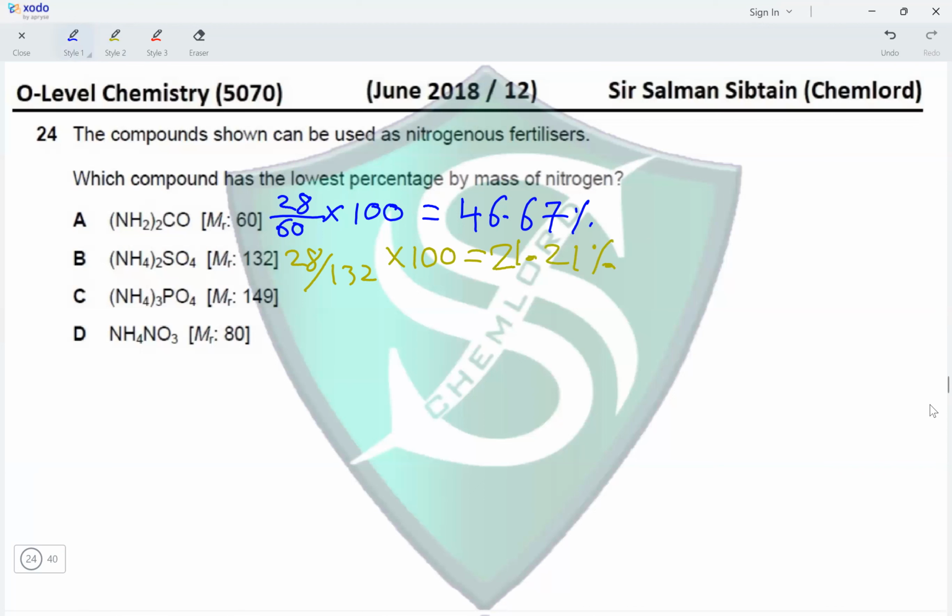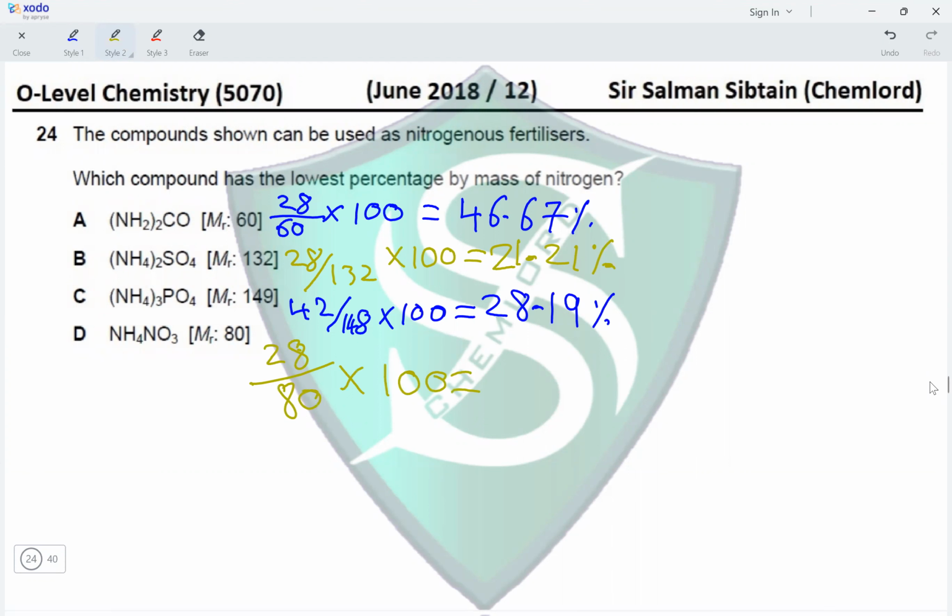21.21%. Next, we have 3 nitrogen atoms. So 14 into 3, 14 to the 28. This gives us 42. So this would be 42 upon 149 into 100, giving us a value of 28.19%. And finally, we have got 2 moles of nitrogen. So 28 divided by 80 into 100, giving us a percentage value of